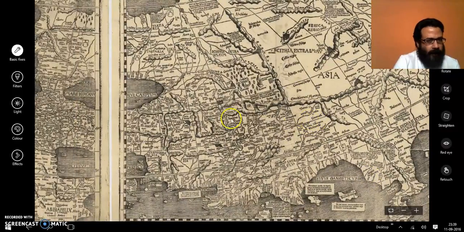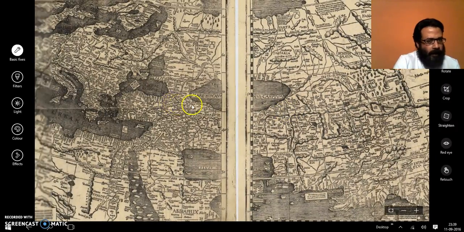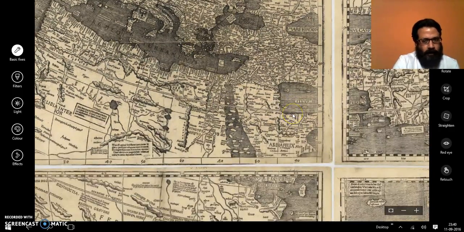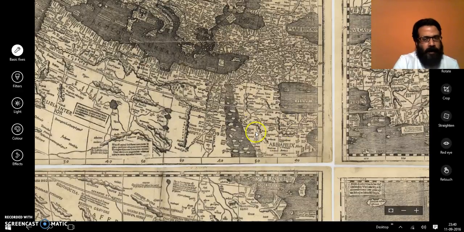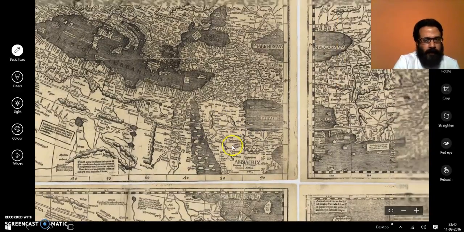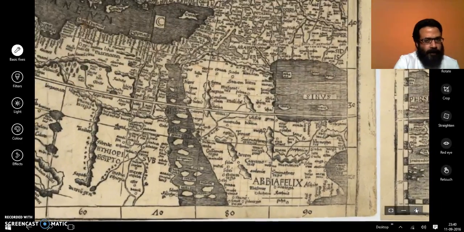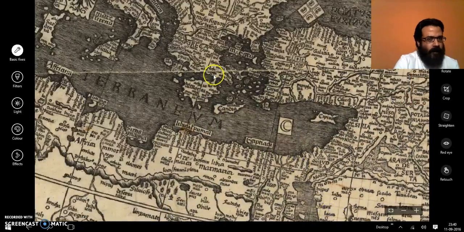I'm just going to scroll for you to see this map. You see how detailed? Here's the boot of Italy. So he knew his mapping. Yeah? This is Spain, France. Gulf of Arabia again looks pretty much as it is, or more or less. I'm just going to zoom in on Europe so you get